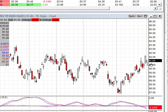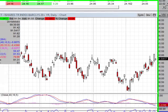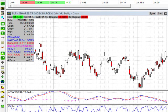Sometimes you can get these breakouts that occur after a narrow range day and a narrow range inside day like today, and it actually engulfs the prior candle, but it doesn't go anywhere. A good example of that would be right here. This here was a tight narrow range type of day, but not an inside day because it broke out below the prior bar's low. But see, the following day, we actually traded beyond the high and the low of this prior bar here. So this right here is one of those